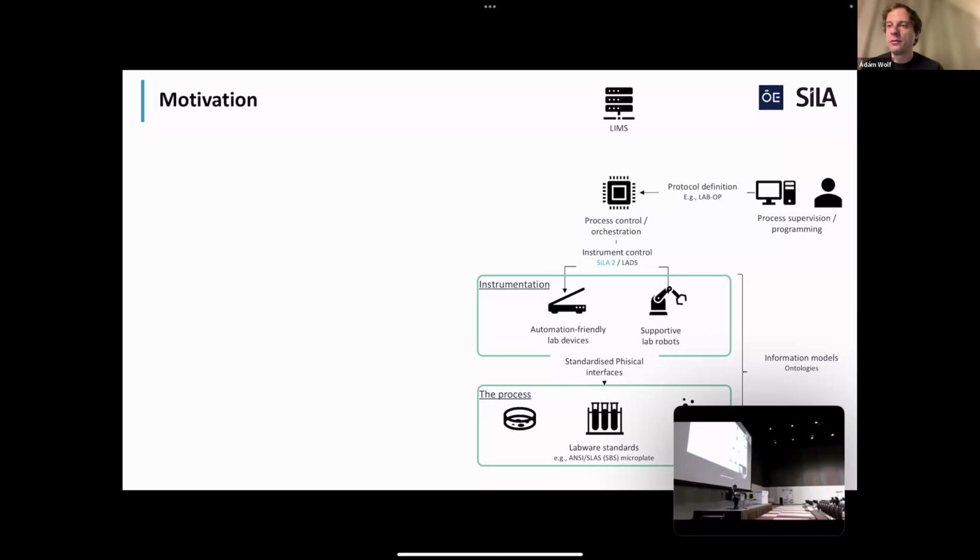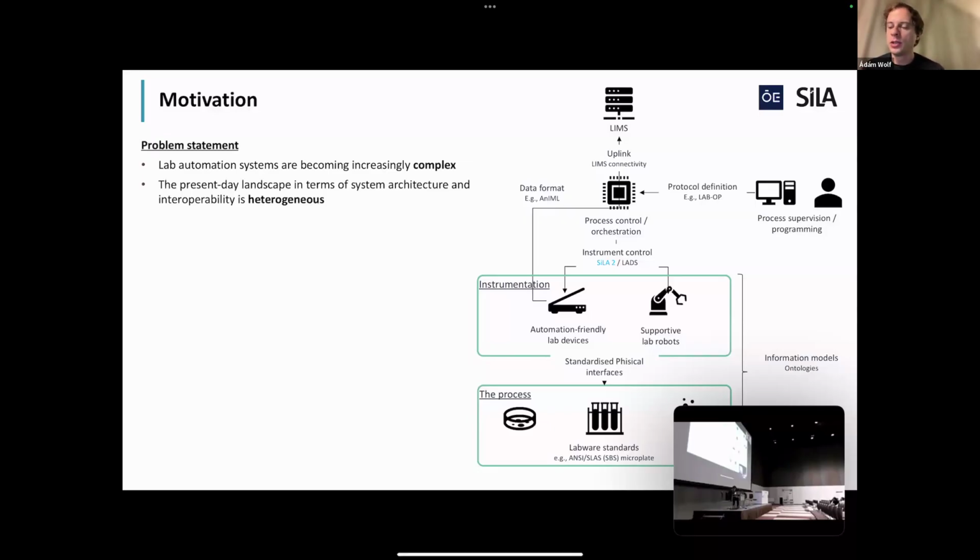The purpose of experimentation in general, be it R&D or QC, is to get data out of the system about the samples. To convey this data in an appropriate format, we need standardization again. There are examples such as the Analytical Information Markup Language or the AnIML initiative. Now, we see the current state features a great level of complexity and heterogeneity, which hinders the ease of